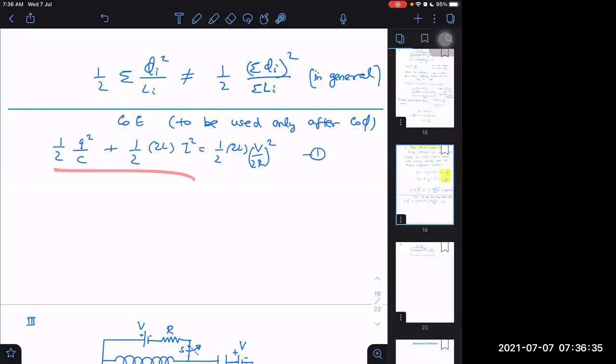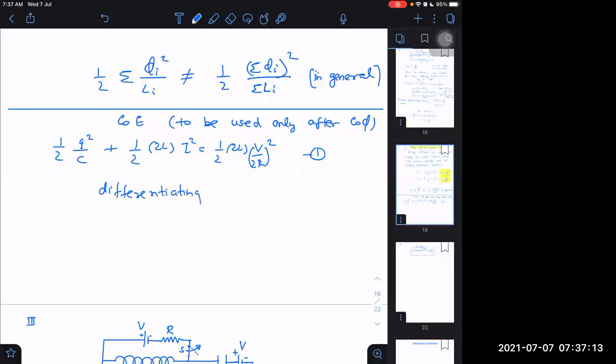This can be useful. Let us say they give us that when current becomes half, or 1/4 of some value, then at that time what is the charge stored? For such questions, this equation will be useful, but it will not be useful to determine Q as a function of time. If I want to do that, I may have to differentiate it. Let us differentiate with respect to time.